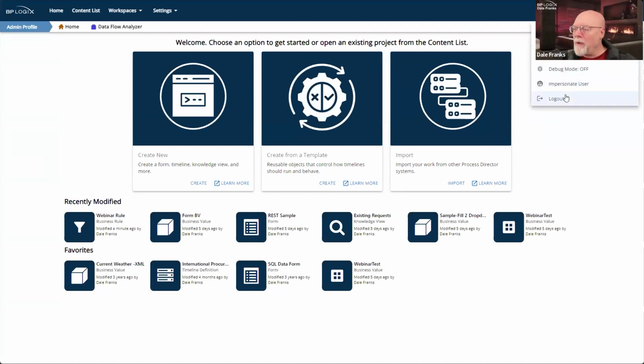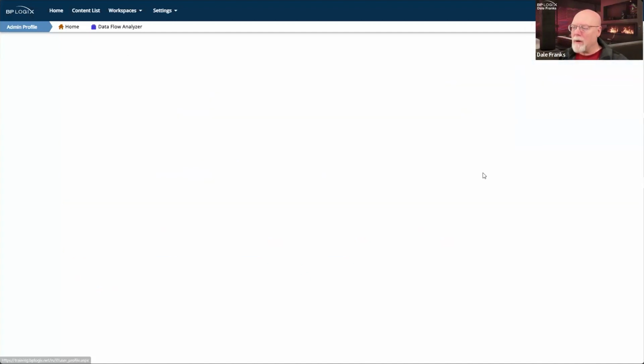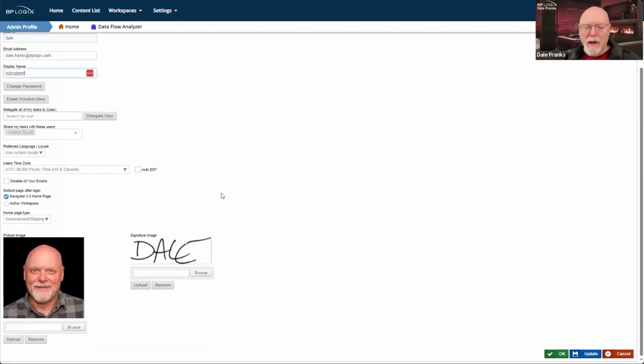In your user profile, if you're an administrator and you go to your profile, you actually have two items that are very important here. First is your default page after login. This is where you determine whether you want to see the home page or whether you want to just go straight to the workspace and not see your home page.